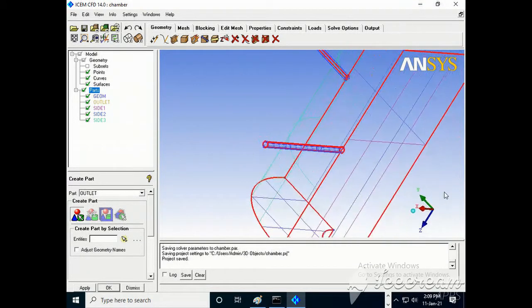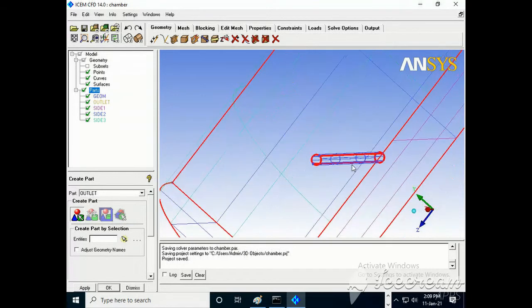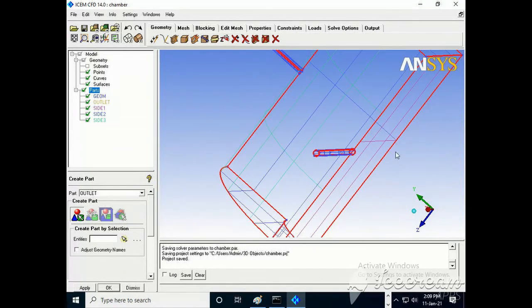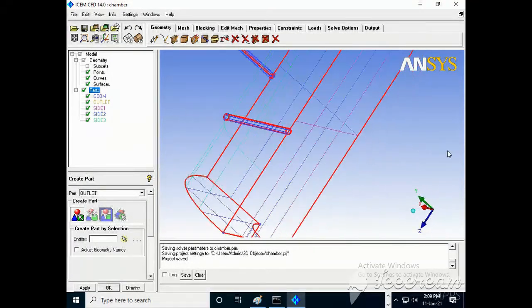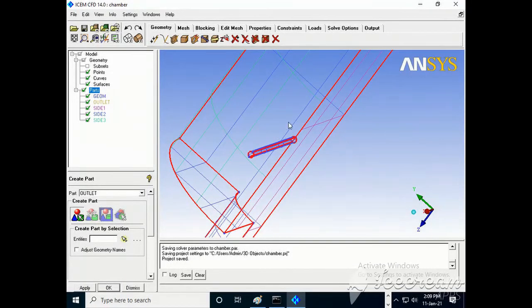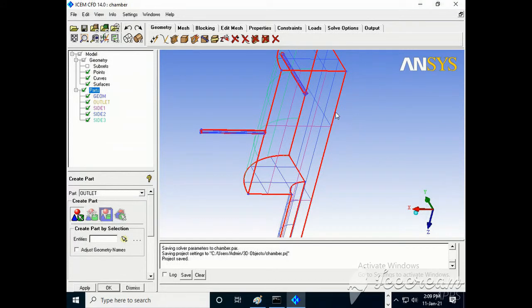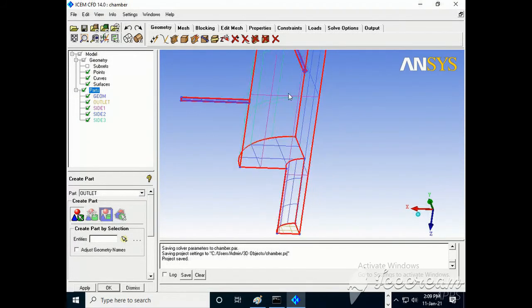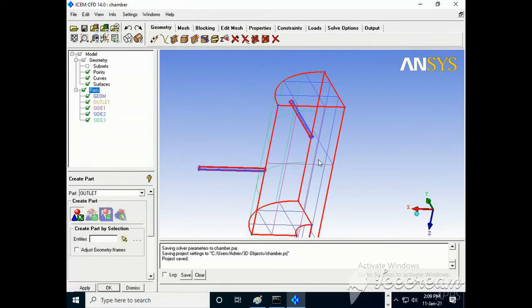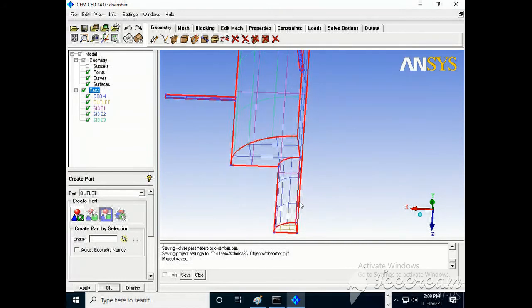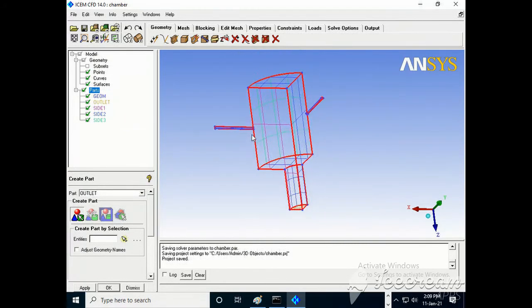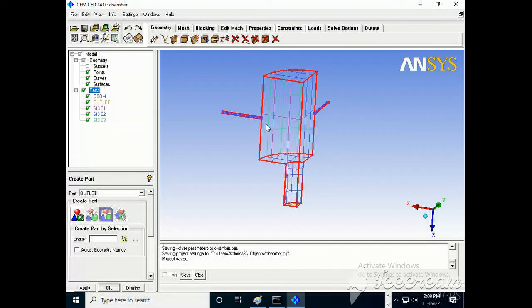The remaining part which is required is to make half of the portion, or I will shift this pipe somewhat inside, so that I can use the total pipe as an inlet. So there are two inlets and one outlet. It is a problem of species transfer.